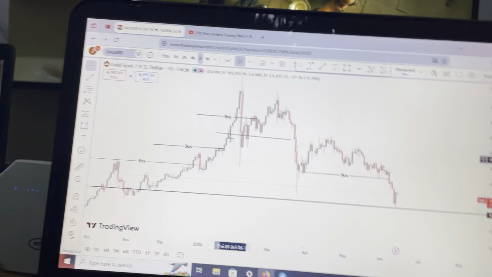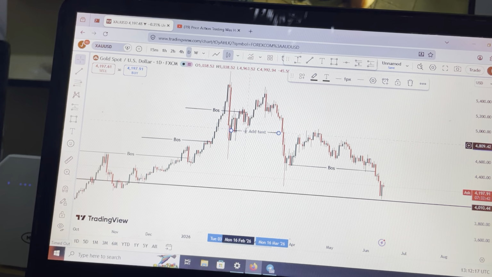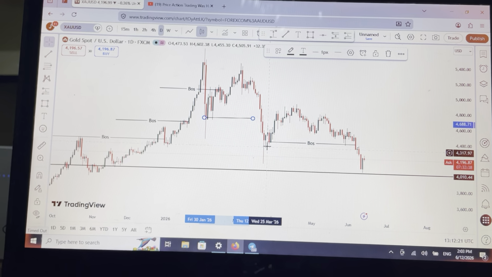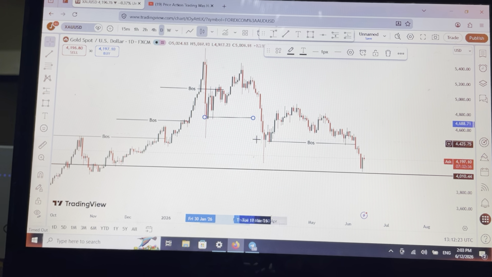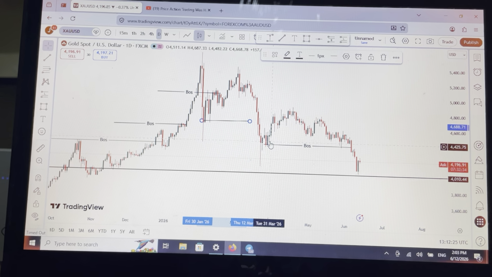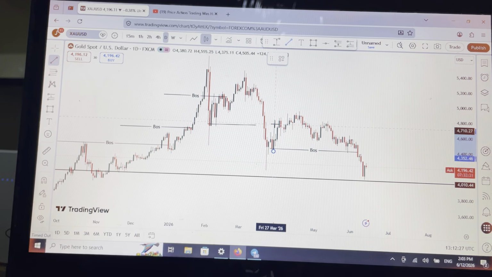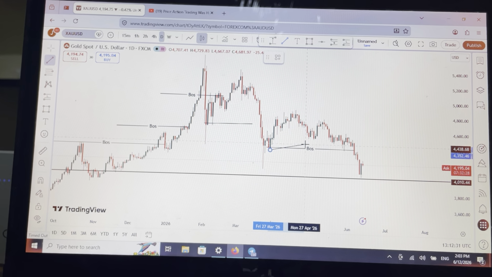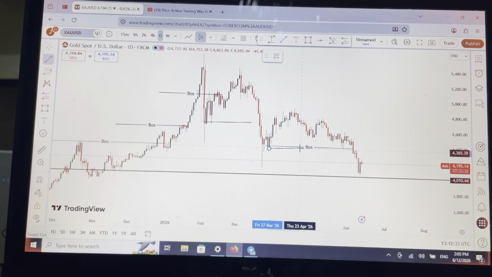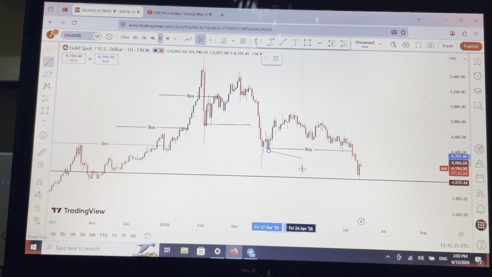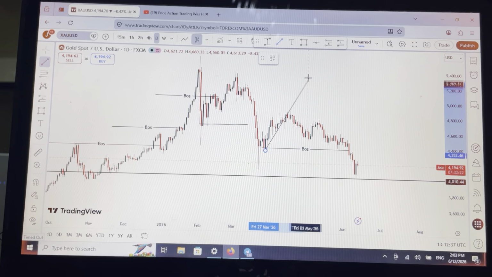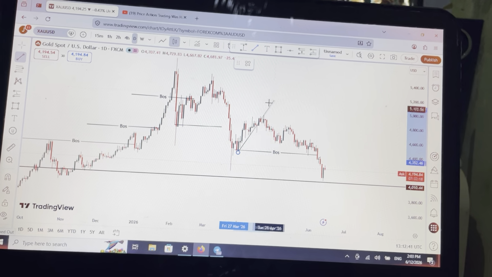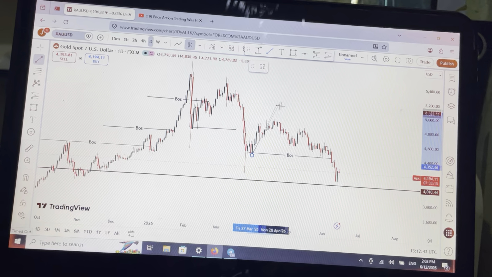Consider this imbalance on the daily time frame. When price comes around here, around this order block, we're expecting price to give a market structure shift, then grab liquidity with a pattern. You understand? Either grab liquidity with a pattern or grab liquidity with a long candlestick rejection around here, then we could have pushed to the upside. So yeah, it's just a technical analysis on it, not the fundamental.